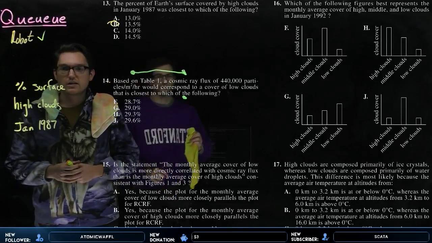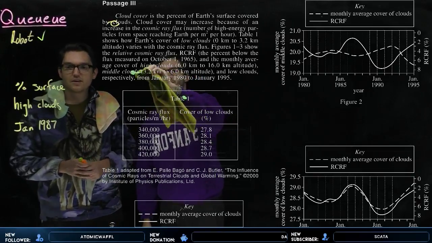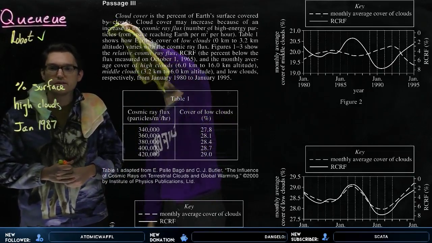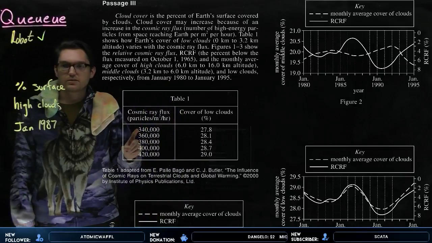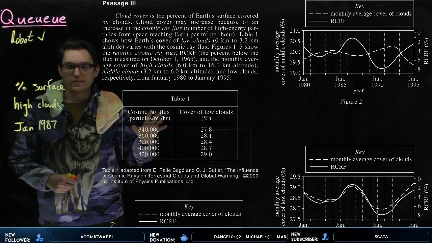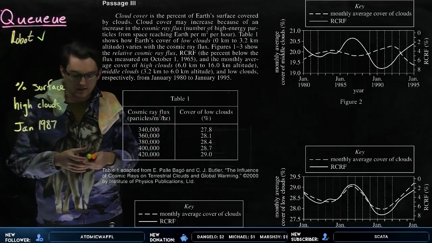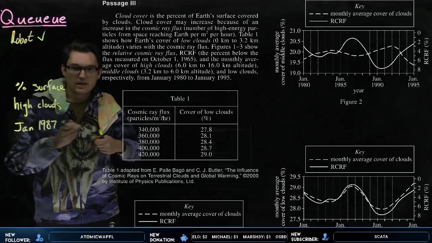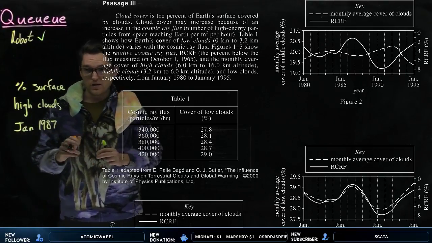Brendan, let's take a look at Table 1. Oh, thank you, Levi. It is teamwork. Table 1. Let's see what we have here. Cosmic ray flux, in terms of that unit, and cover of low clouds. Okay, well, it looks like this is exactly where I want to be, because they told me to look at Table 1. They asked us what the cover of low clouds would be for